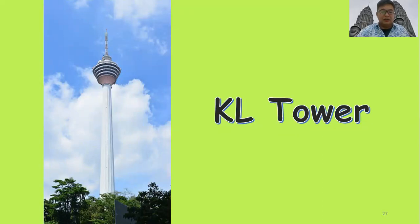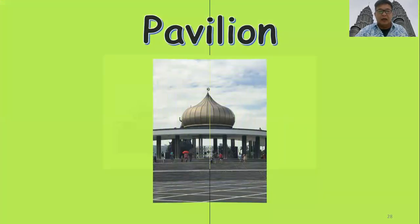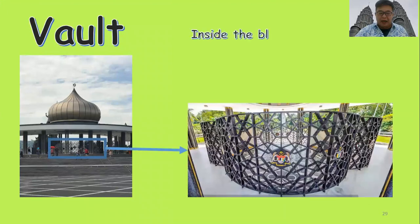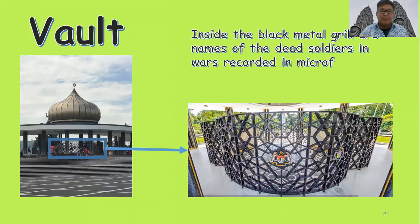I strongly recommend you take a very good photo at this spot. Upon entering this pavilion, you will find a vault. Inside the black metal grill are the names of the soldiers who died in wars, recorded in microfilm for future generations, in the hope that they will appreciate those soldiers who sacrificed their lives for